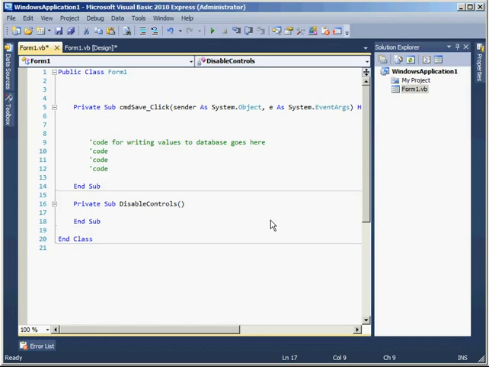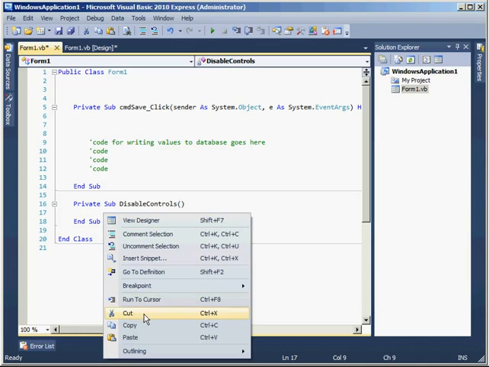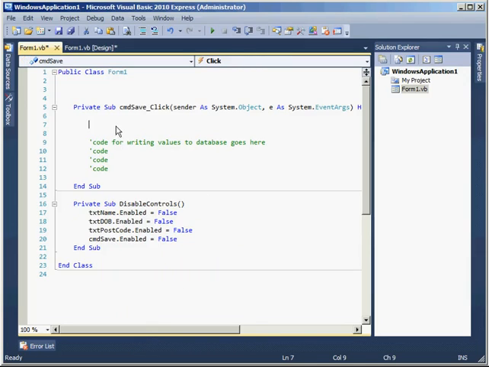Hit enter and it gives me my end procedure syntax, which in VB.NET is end sub, and then I'm just going to paste in my 4 commands there. Then when I want to call the procedure, I just type its identifier, disable